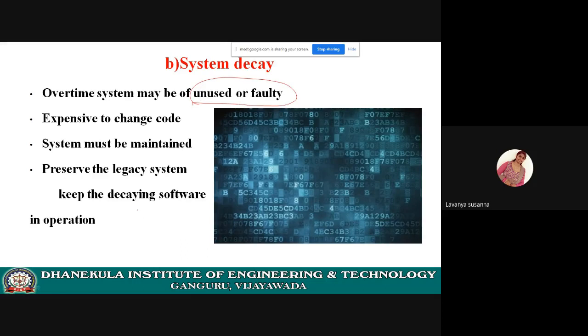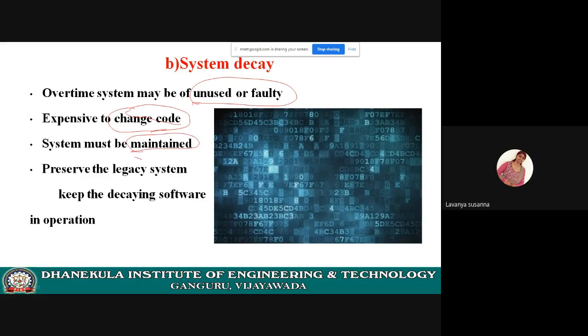So what you must do is maintain the code. Maintaining the code is not just writing the code. You must evaluate the code. If there are errors, you must rectify them as early as possible, okay? If performance is decreasing, you cannot just change the code. If you change the code, it becomes more complex and more expensive. Here the complexity arises. Okay, the system must be maintained.